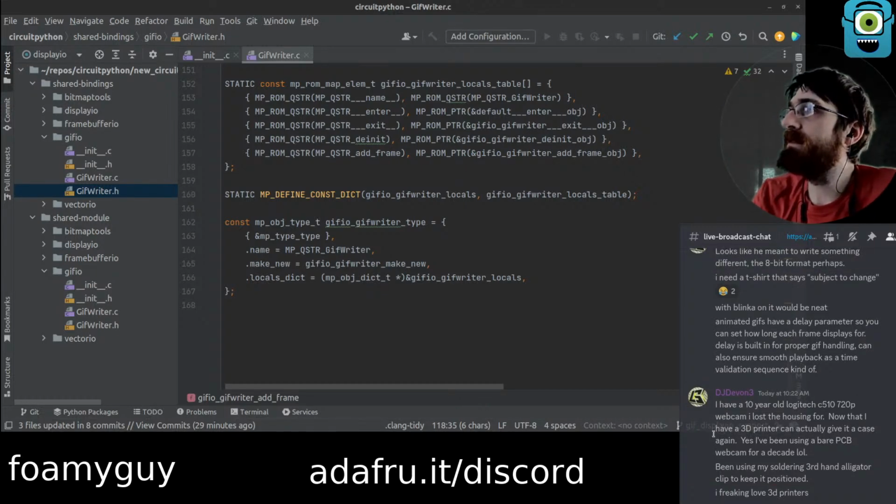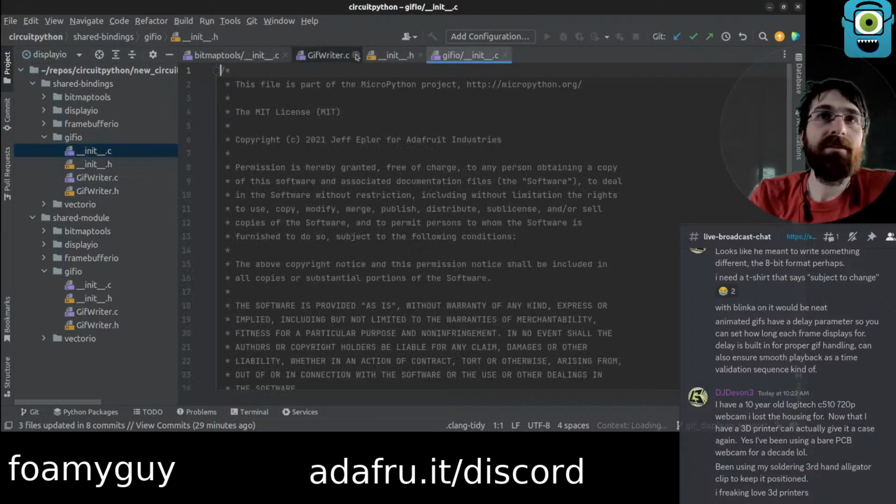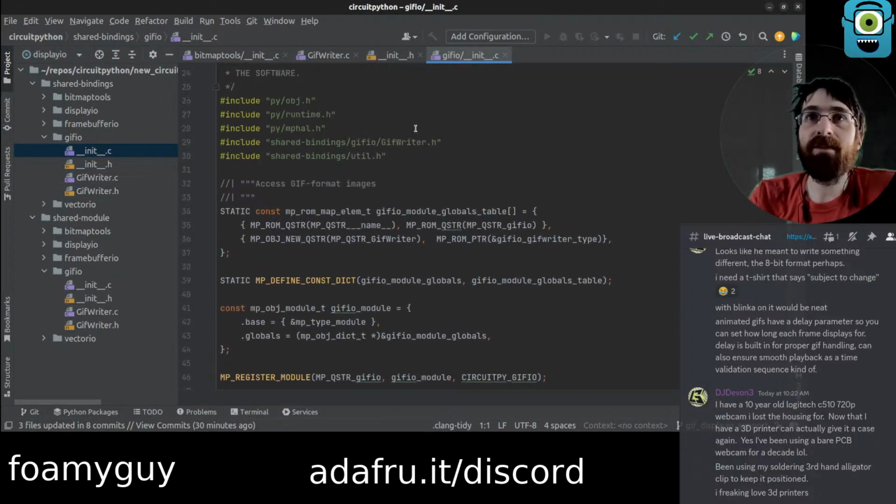In your old Logitech C510 webcam. Lost the housing. Nice. It ain't broke. I don't know. The case doesn't need it. No reason to just buy a new one.